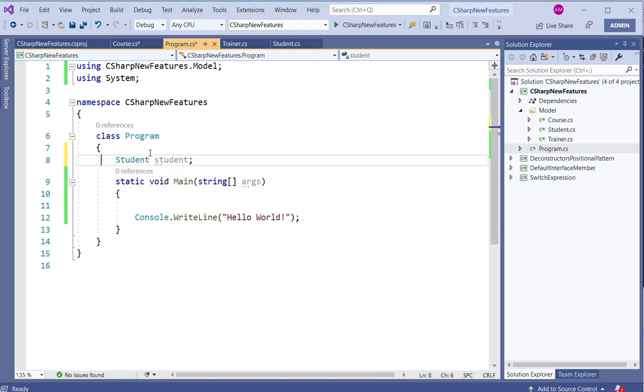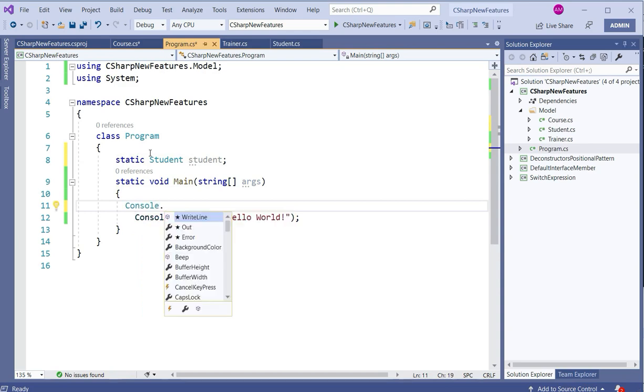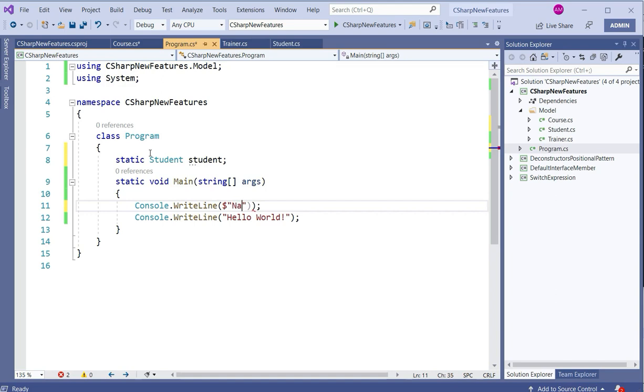To access this inside this Main method, let's make it static, and let's say we want to print the name length of student is student.Name.Length, right? So there is nothing unusual. We have just created a reference variable for the Student class, and we are trying to access the length of the student's Name property.